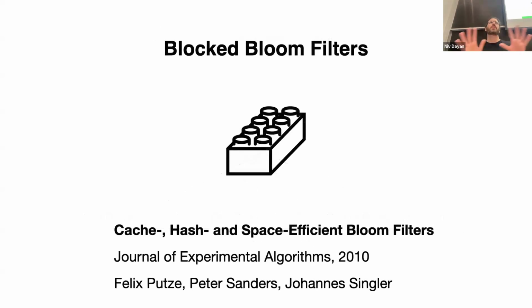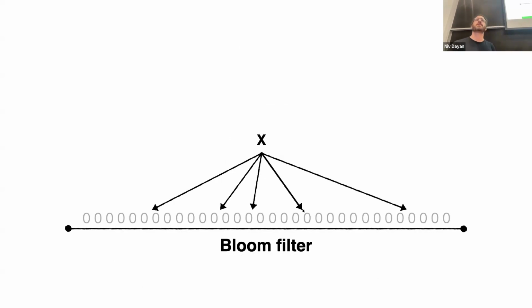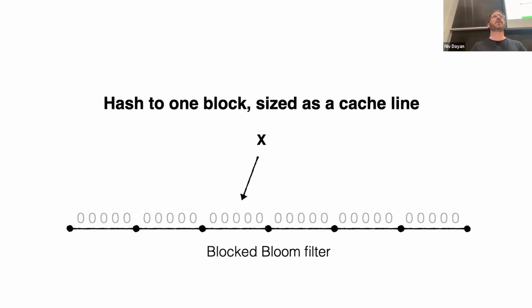So this idea comes from the following paper. This is a block Bloom filter paper from 2010. And today, most Bloom filters I know actually use this idea. So instead of hashing each bit to all these different random locations in a bitmap, what we're instead going to do is, first of all, map each entry to a particular cache line,